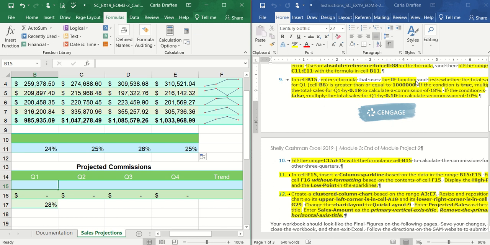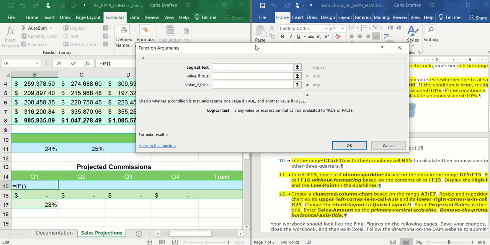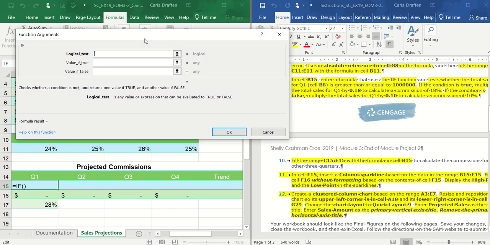The IF function has a test, and then what you want to put in the cell if it's true, and also what you want to put in the cell if it's false. So I like to use the formulas here to walk through. So I'm going to click on Logical and choose IF, and I have 3 pieces of data that I need to provide to the IF statement. First and foremost, it says the logical test. So the test is whether the total sales in B8, so B8, is greater than or equal to 1 million,